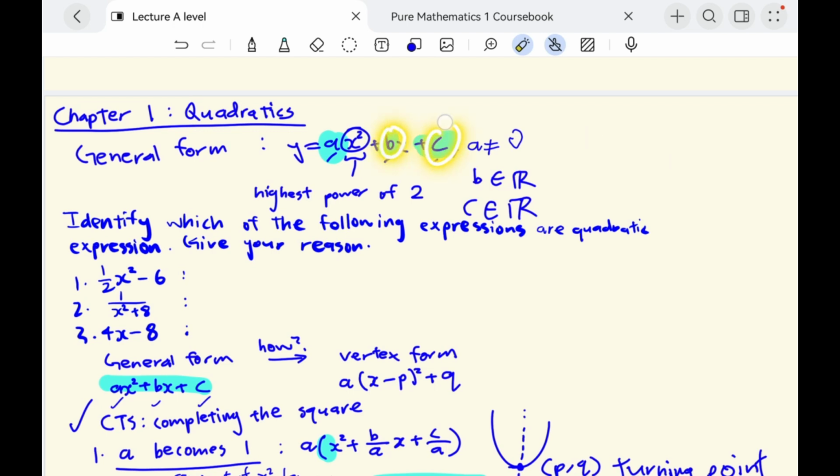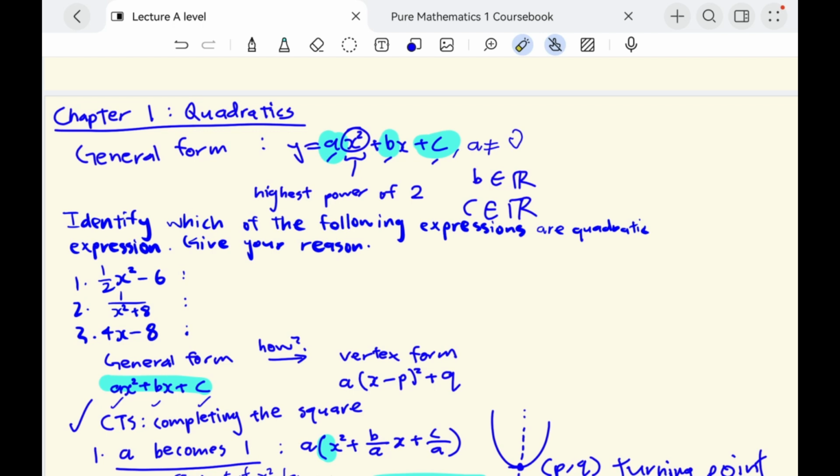And b and c can be 0, and they also can be any real numbers. Alright, any real numbers for b and c. Why can't a be 0? Just now I've told you the reason. And the other condition, or the best evidence to prove that the given equation is a quadratic equation, is to see a term with the highest power of 2 of the variable x. Okay,